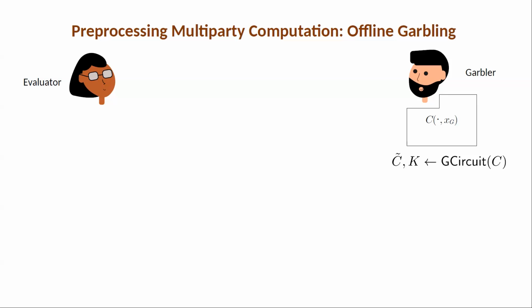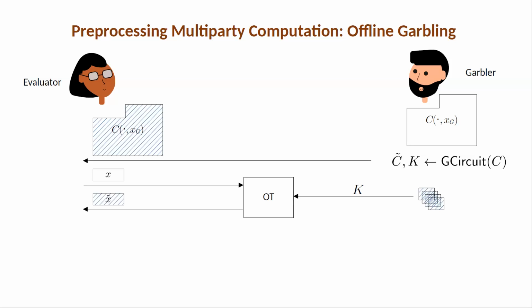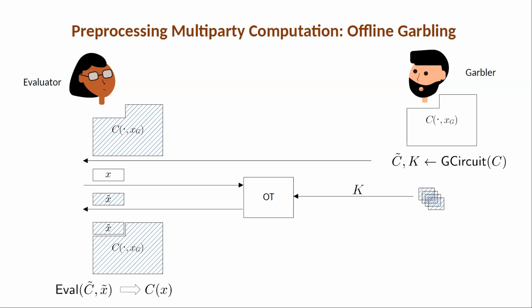So Gabriel garbles the circuit. That's just a way to take a Boolean circuit, encode it somehow and hide the circuit. Sends it over to Eva, the evaluator, and then adaptively Eva chooses an input X. And Gabriel provides the garbled input via an oblivious transfer protocol so that the privacy of Eva is preserved and the garbler does not have to reveal the secret information used in producing the garbled circuit. All right, so now the evaluator gets all the information it needs in order to compute the function.